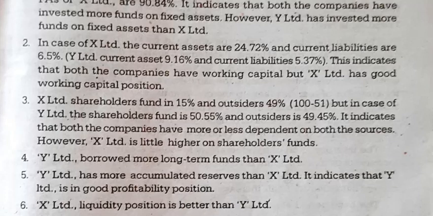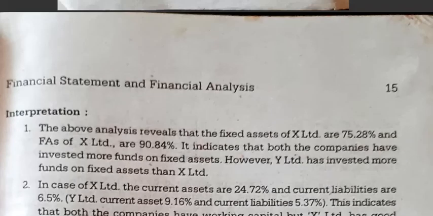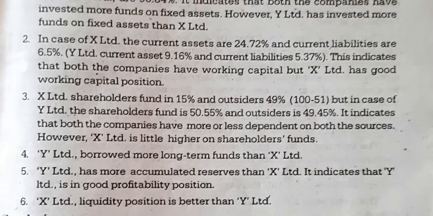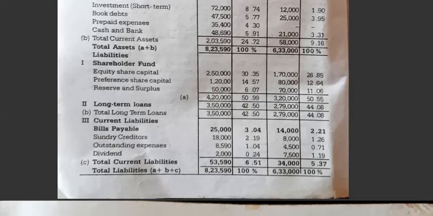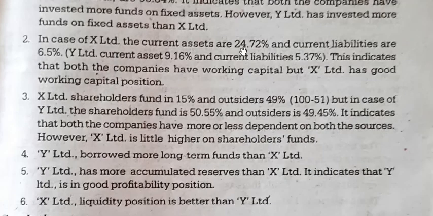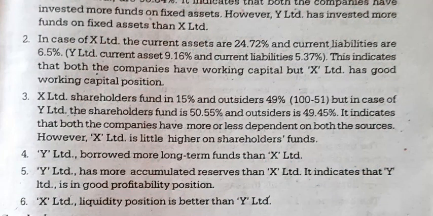So this is what has to be calculated, and the interpretation has to be done on the basis of the data given. Take the percentages and calculate. The calculation is easy. For the interpretation, you have to compare the fixed assets, current assets, shareholders' fund, long term loans. Lastly you have to compare the reserves. If the reserves are good, then you can say that the company's condition is good and its liquidity position is good. So go through the problem.